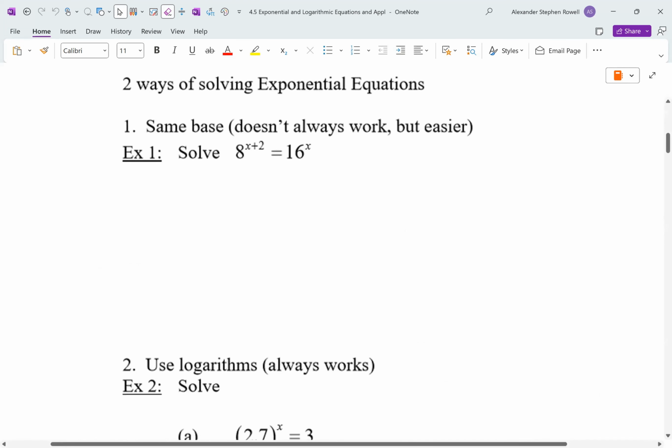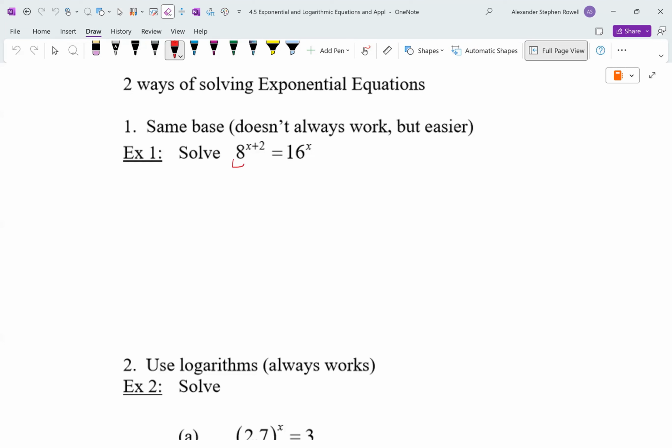The first way we're going to solve exponential equations is to get the same base. Do these sides of the equation have the same base? Is 8 the same as 16? No, so the base is not the same, but could I make it the same? 8 would be what? 2 to what power? 2 cubed, that's right. And then we still have the x plus 2 in the exponent position is equal to,